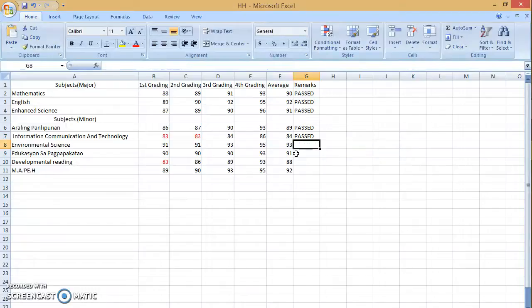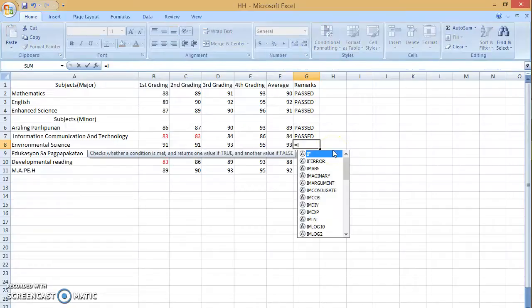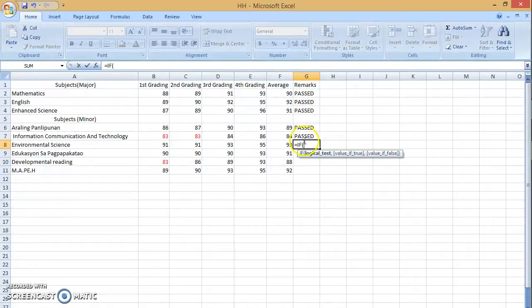And press enter again, then it passed. And again, the formula. Now we're going to rush it again because we're running out of time.